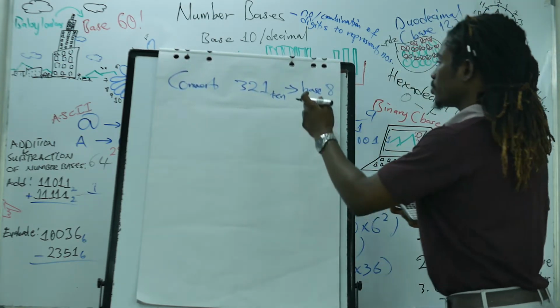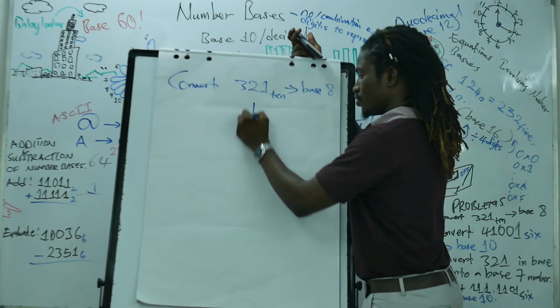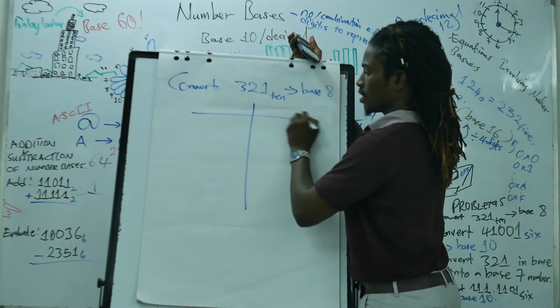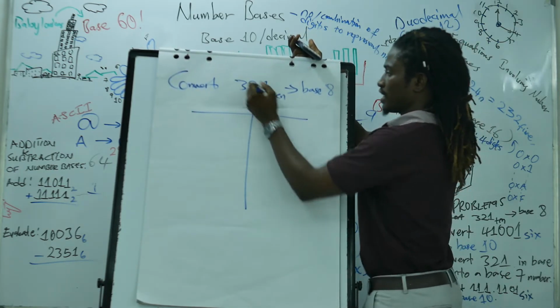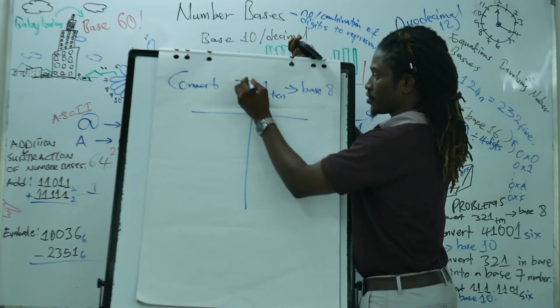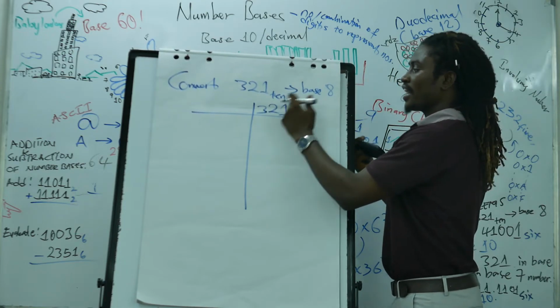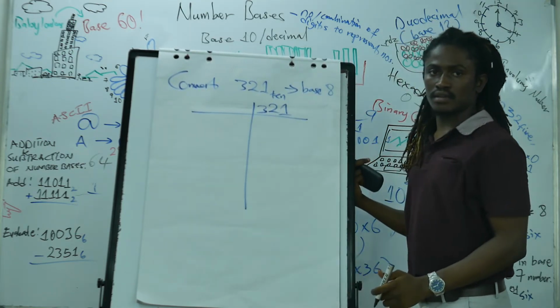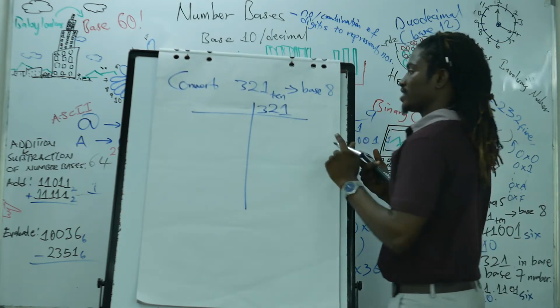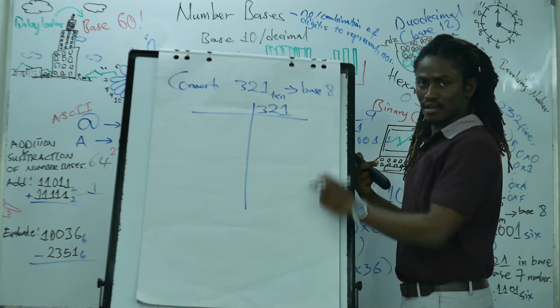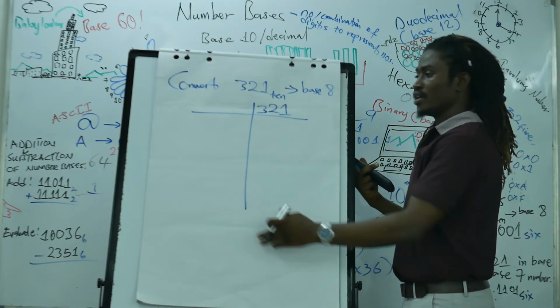Now, how you do this, you basically draw a line. I mean, this should be a shortcut really. You write the number you are going to try to convert, 321, and then you'll be dividing by 8. The key thing here is each time you are keeping the remainder. That remainder is what we'll be using to put the,